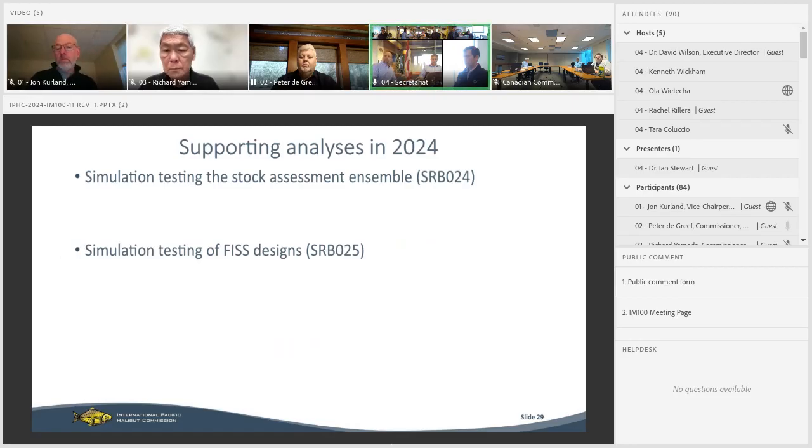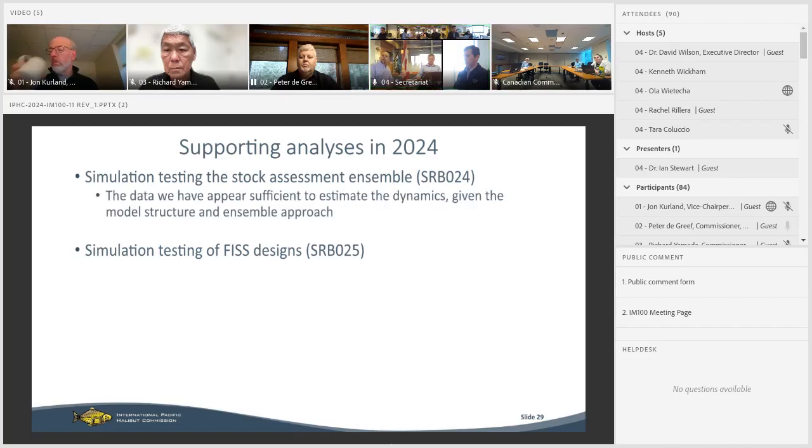However, even though it was an update, we did a number of analyses this year in support of the stock assessment. At the request of our scientific review board, we first conducted some simulation testing of our method for doing the stock assessment. To summarize, the simulation testing basically posed the question, if we repeated the data sets that we have and refit models to them, could we recreate the dynamics? Essentially, are the data sets sufficient to populate the models that we're currently using? And the answer that we found was yes. Generally, we are able to do that. The stock assessment approach that we're using seems applicable to the data sets that we have.